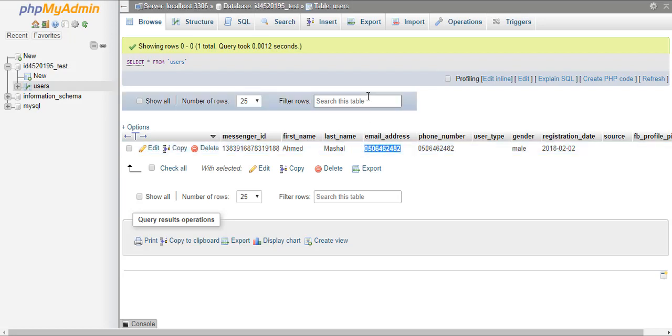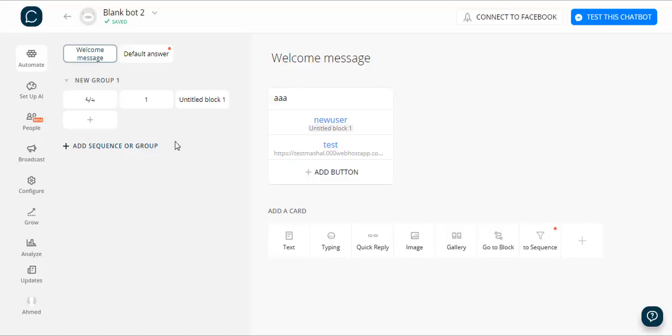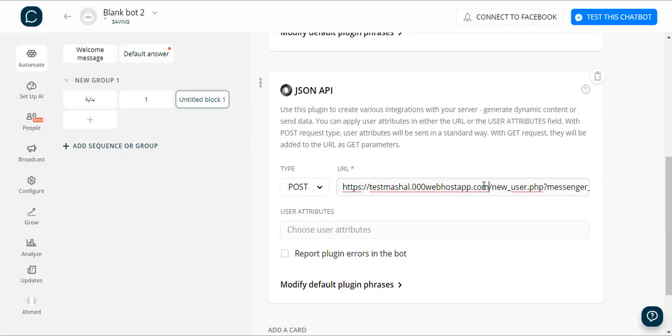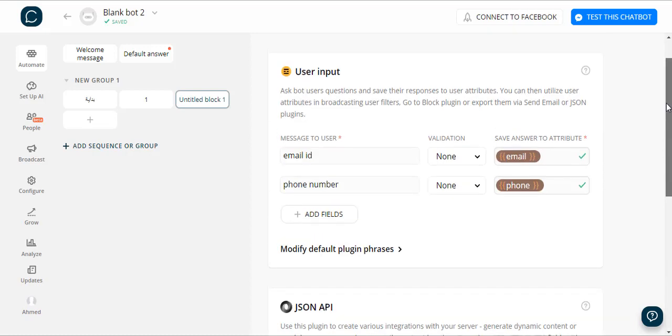I think there's something wrong in email address, so I go back to Chatfuel. It's a very easy box. In this box you have to check, and phone number I make it phone. Okay, and go back here, and email address I think is email,